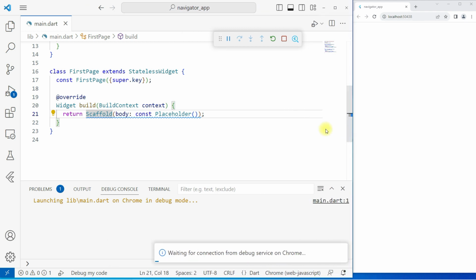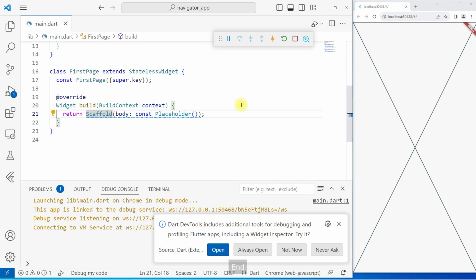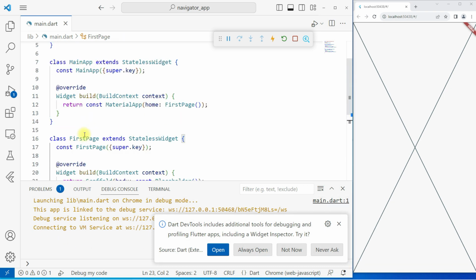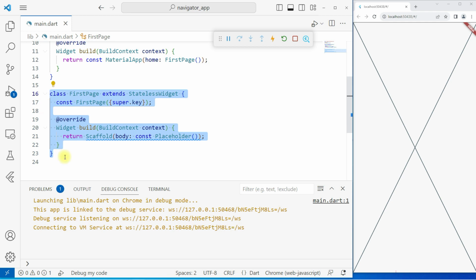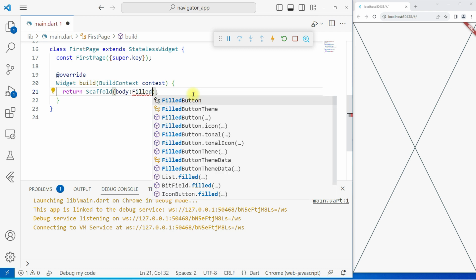The placeholder shows a cross symbol across the particular space. Here we have created our first page, and here remove the Scaffold and replace it with a FilledButton